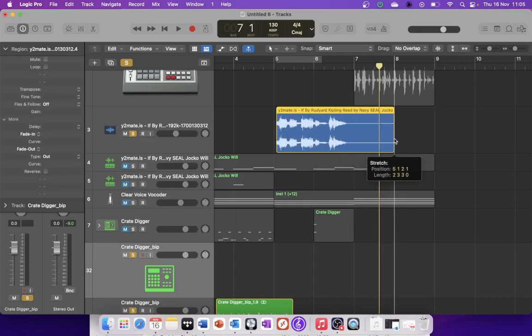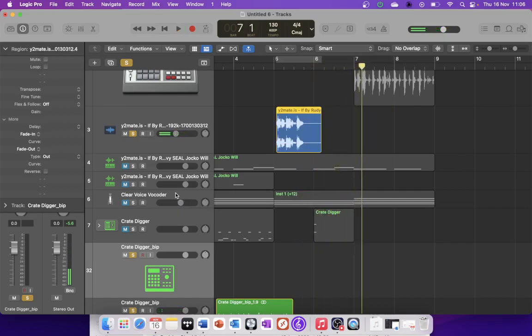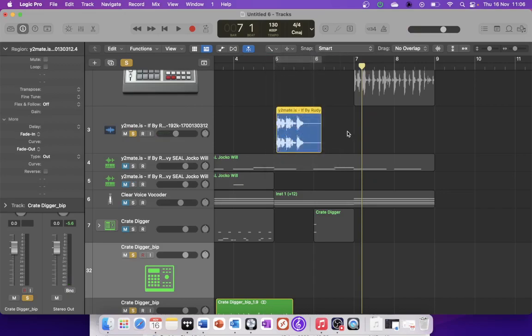Holding Option. For their doubting too. But we can also change pitch over time. So when you've done volume fades before, you've gone up here, you've gone to the fade tool and added in a fade just like that. Well, we can actually make this fade, not fade volume, but fade